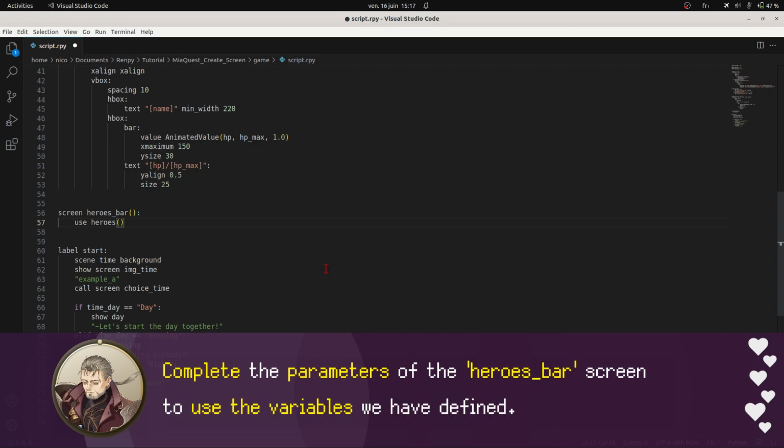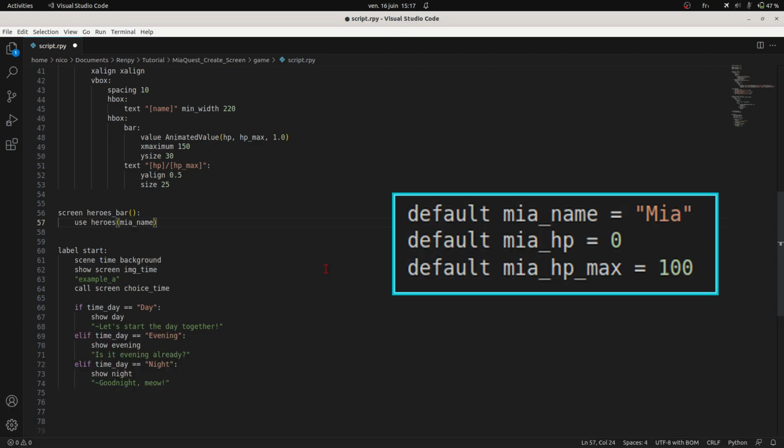Complete the parameters of the Heroes_bar screen to use the variables we have defined.